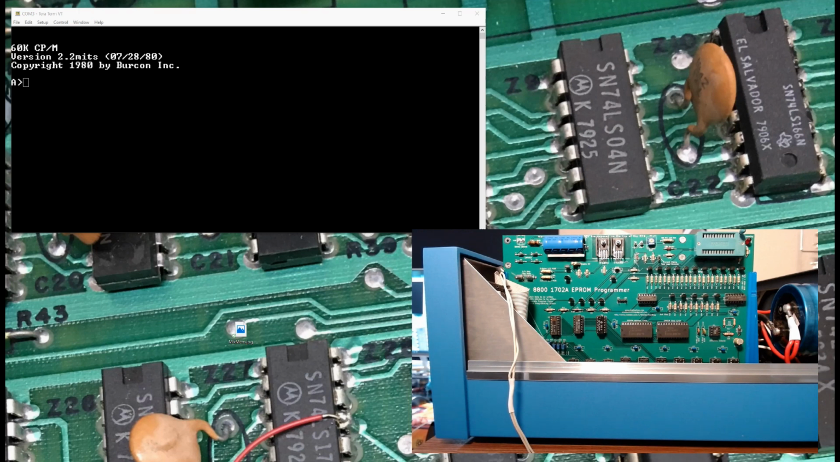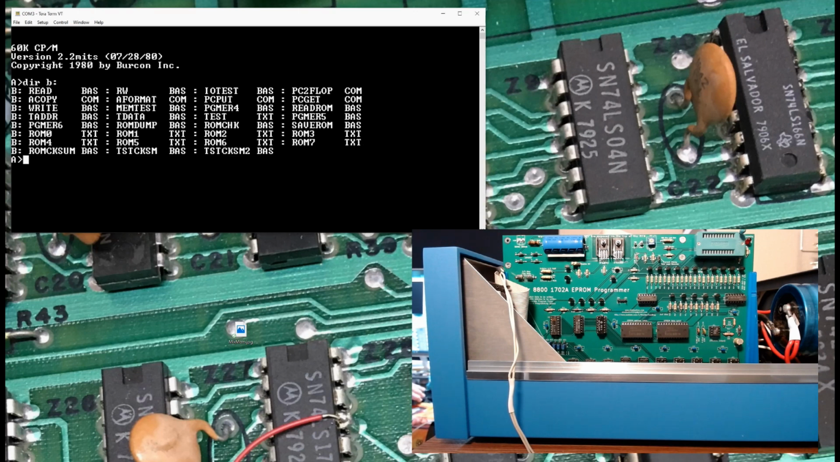And we're booted. If we look at the B drive, I've got various programs on here, including there should be PGM6 right here, the one we want to load. Load from drive B. PGM6.basic,